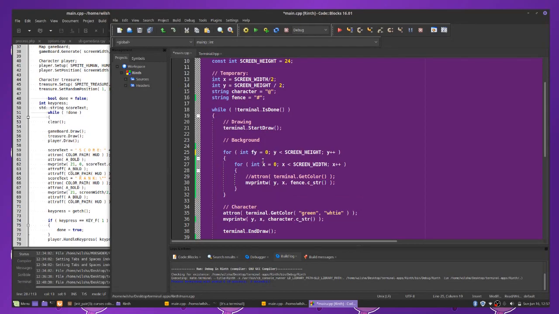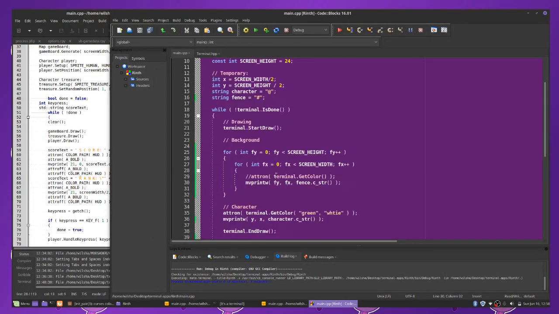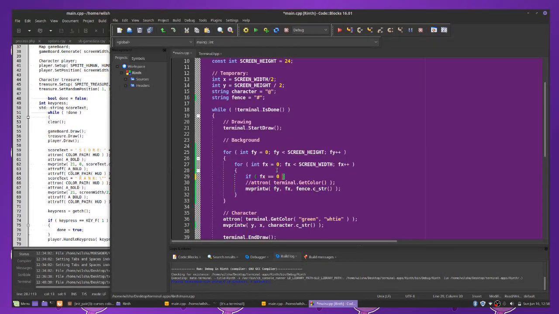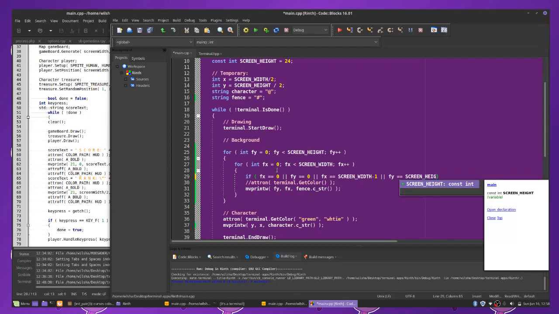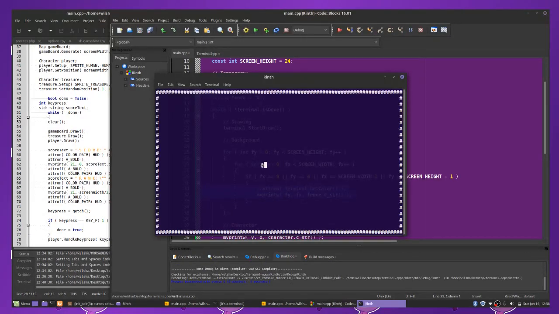So just gonna, I guess, draw a fence around the thing, change those variables. Oh no, it's everything. I was at this point just showing somebody kind of how nCurses work, so I was like, you can draw stuff on the screen like this. And here I am making an argument so that it only prints if you're on the edge of the screen. Now we have a fence. Not what I wanted to program, but yeah,